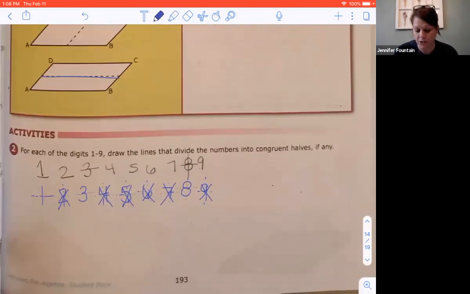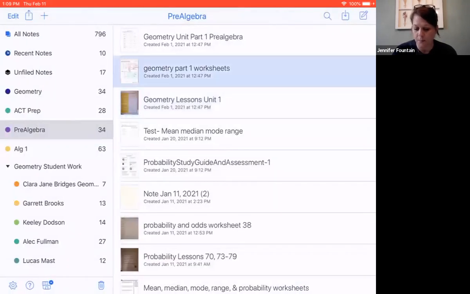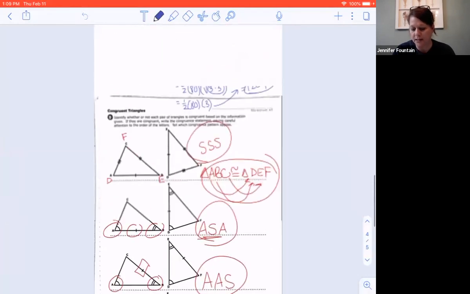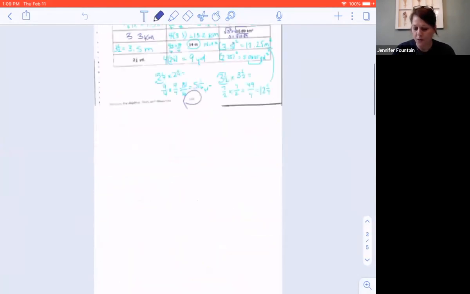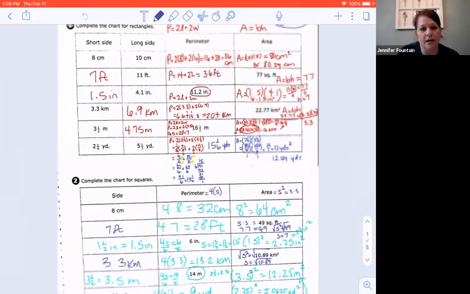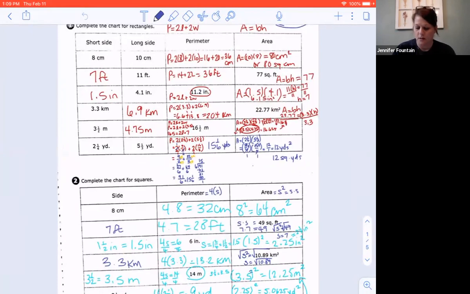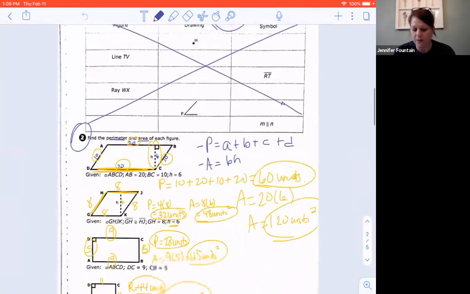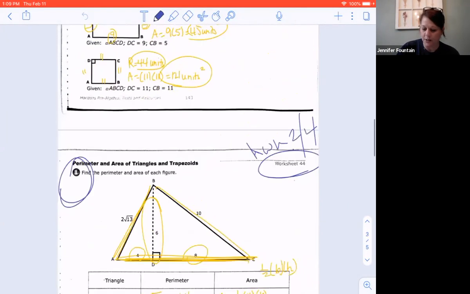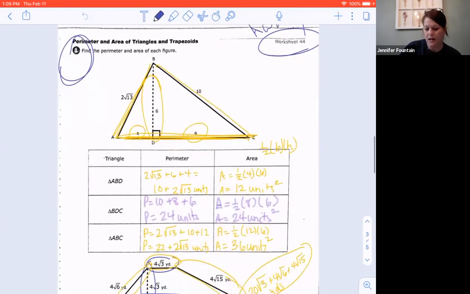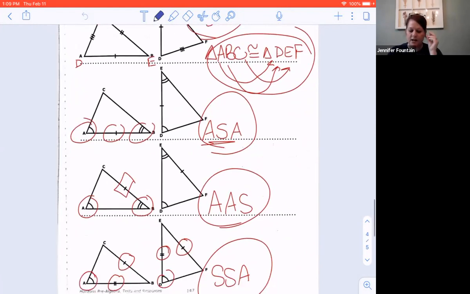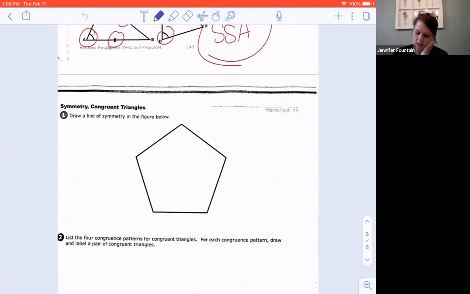So now what we're going to do is we're going to shift and go back to our worksheets. Okay, so if you have your worksheet packet, go ahead and pull that out. So far, we have worked on the first page where we did our area formulas, area and perimeter. Then the next page, we had a little bit dealing with the perimeter and area of our polygons or of our quadrilaterals. We did perimeter and area of triangles and trapezoids. The other day, we looked at our different angle, side angle, and side angle sides. And so now,